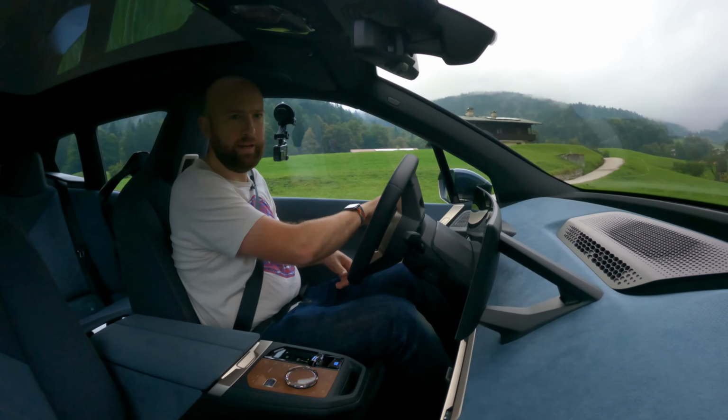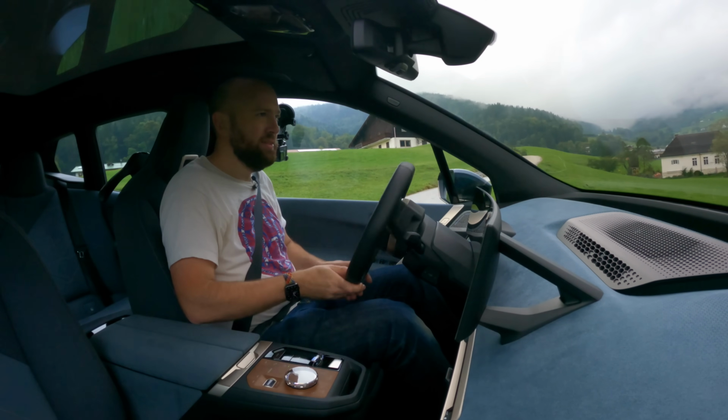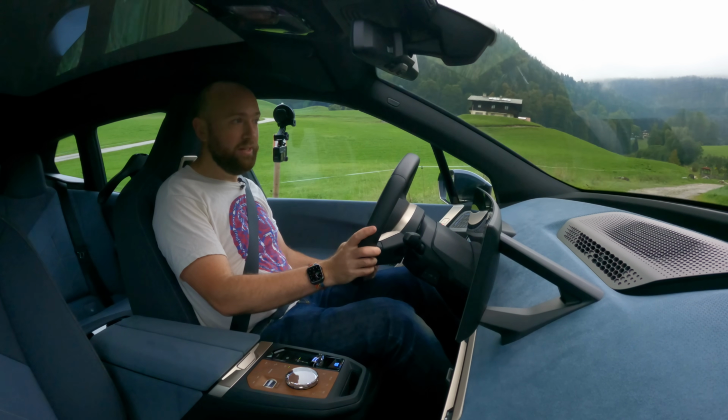So yeah, I can actually feel the four-wheel steer working. It's a really tight spot, and I've done a 15-point turn to get out, which would have been a 20-point turn in an X5. But anyway, one thing BMW is very proud of in its electric cars,